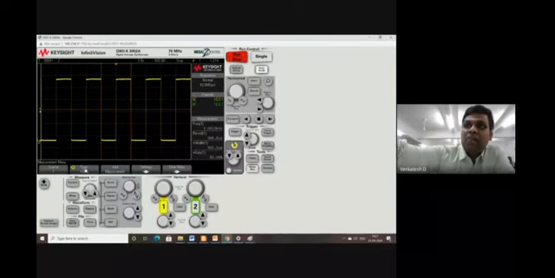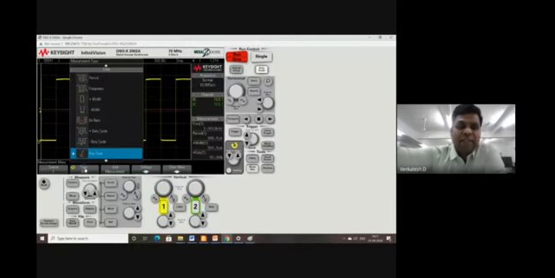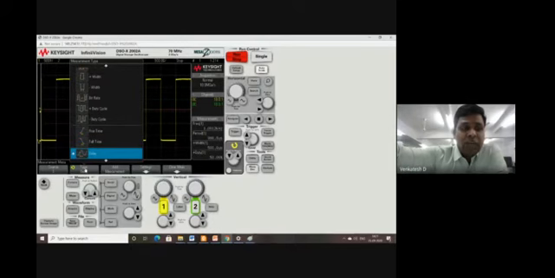And also the other measurements we have are negative duty cycle and rise time. It can measure the rise time. It can measure the fall time. It can measure the delay between two signals, and it can measure the phase.